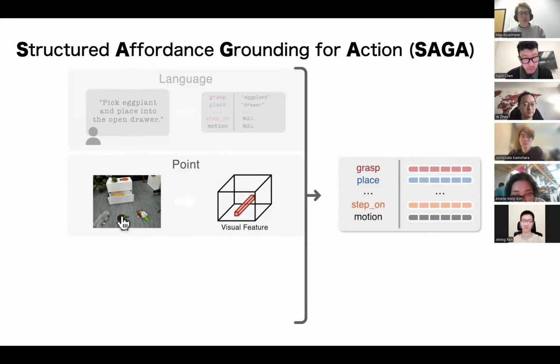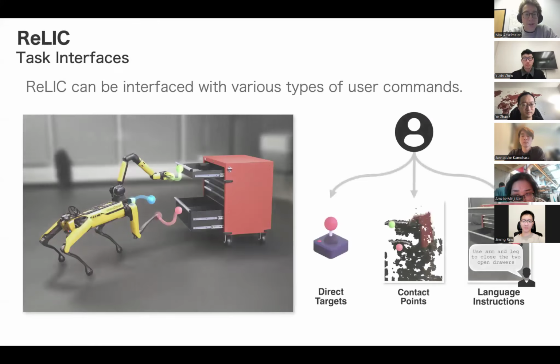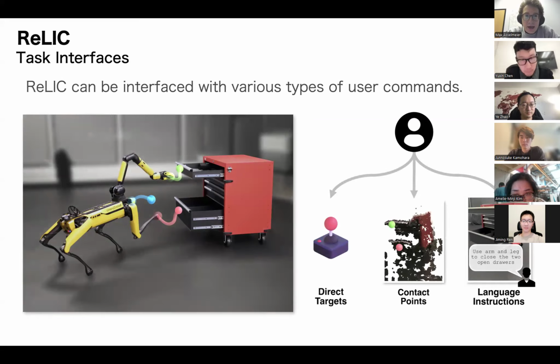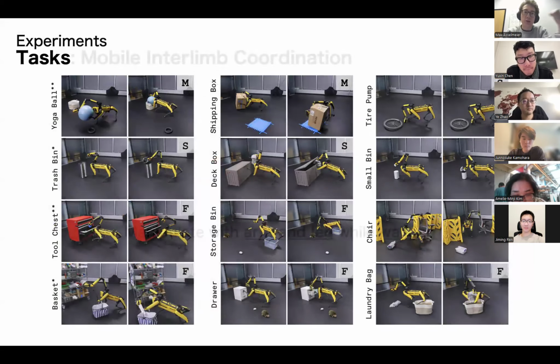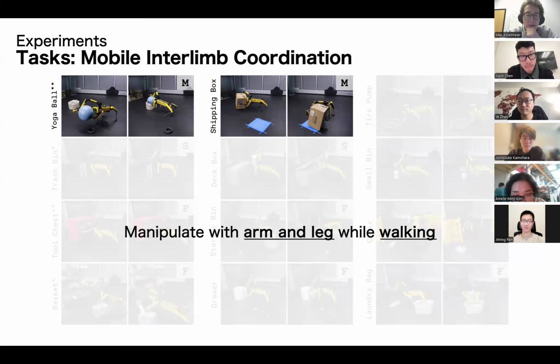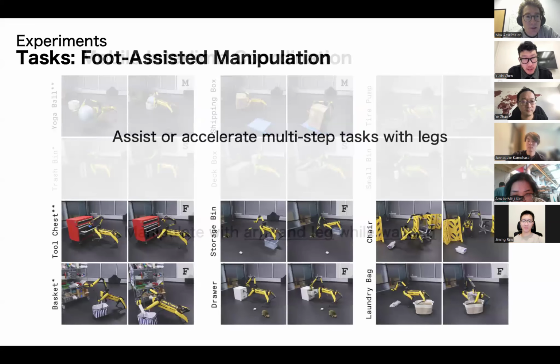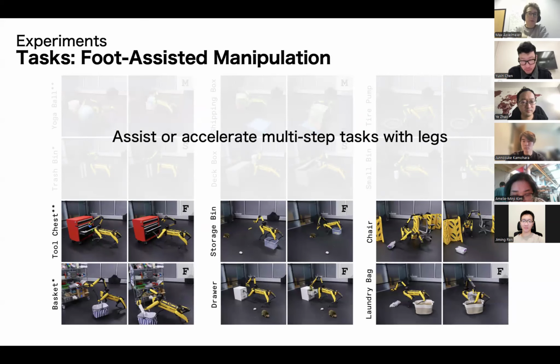Yep. But there was one task that I saw with the basket, where you have the arm pass through it to hold the basket in the crook of the arm. That one jumped out to me because it seemed like a task where you need more information beyond just the end effector. Like you need some kind of kinematic information about the arm. So I was curious what you specify in that task. Is it just the end effector and you pass it through the basket and slide the basket back, or was there something else going on there?